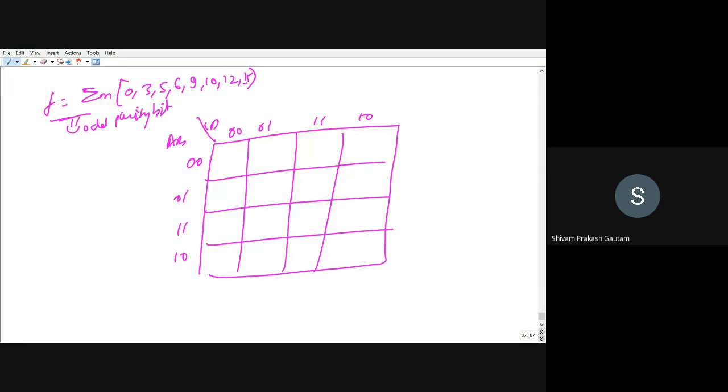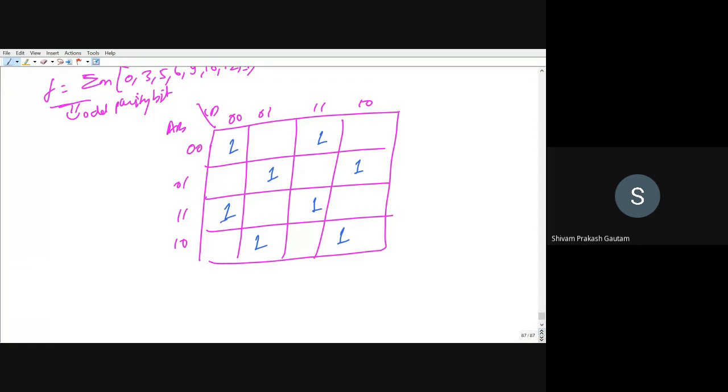Now this will be 0, 1, 2, 3, 5, 6, 9, 10. 9 will be here, 10 will be here, 12 and 15. Here also you see all the ones are independent. So you can do grouping independently.